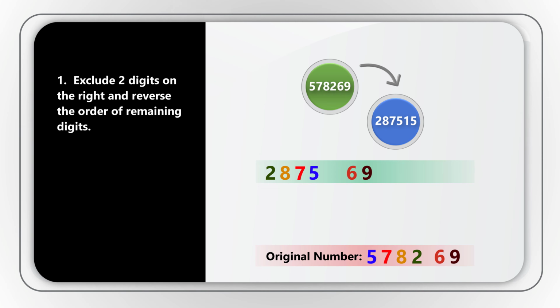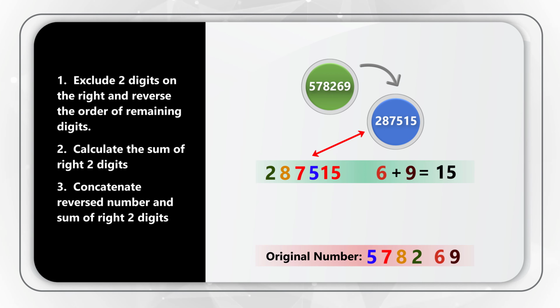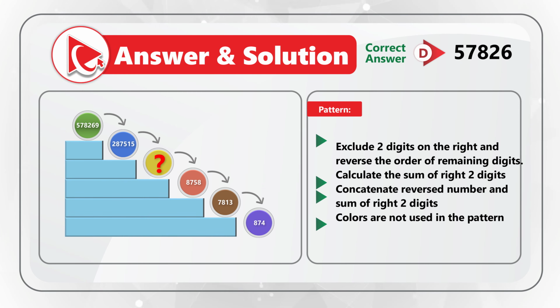numbers 6 and 9. And the calculations are very simple. We basically add 6 plus 9, and the end result of it is 15. Then we concatenate 2875 and 15. So the end resulting number is 287515. As the ball continues rolling, we repeat the calculations and get to the answer of D,